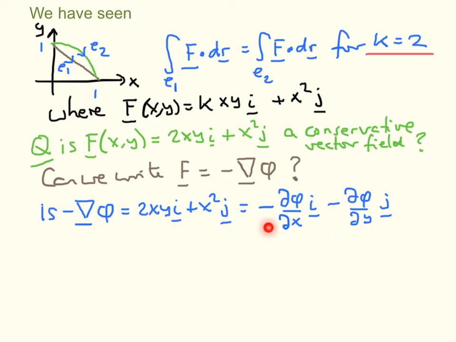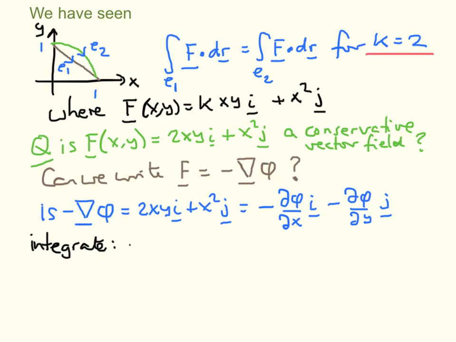And can we write that in this way? Well, if it's to be the case, this must be minus the derivative of phi with respect to x, and this must be minus the derivative of phi with respect to y. So we have to be able to integrate them both and see that we get the same phi. So let's do that. So we integrate, and from our first result, that this must be minus the derivative of phi with respect to x, we get that